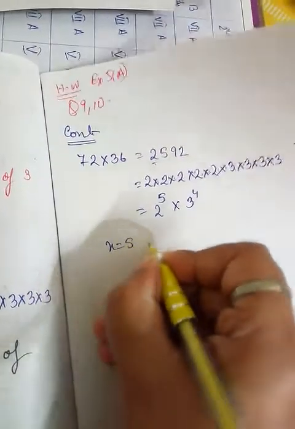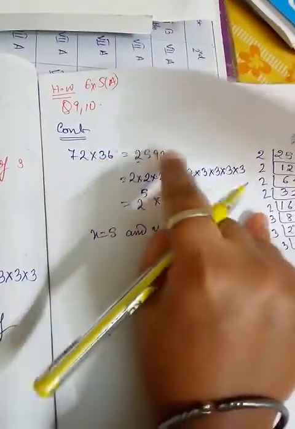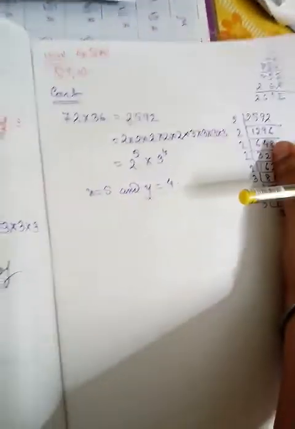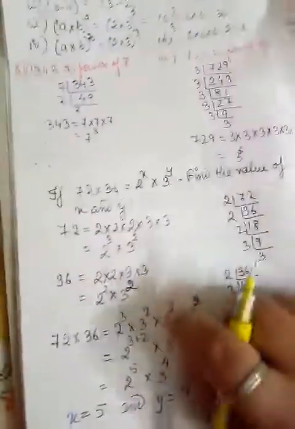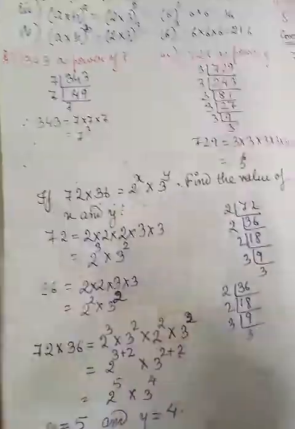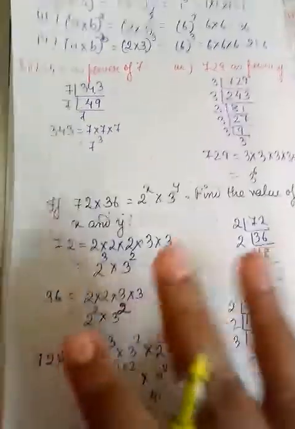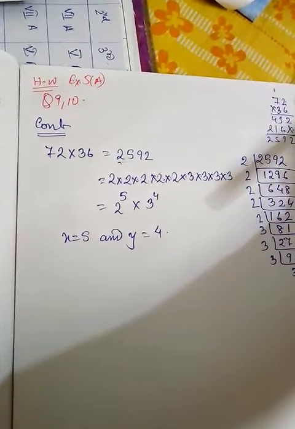We have got it reduced in this form, so we will write x is equals to 5 and y is equals to 4. So you can follow either of the methods. You can first multiply and then do the prime factorization, which will be easy for you. The other method uses a theory which we are going to study in the next classes. If you are not able to do this right now, the multiplication method is a bit easier, so you can follow this. So your homework is question number 9 and 10.